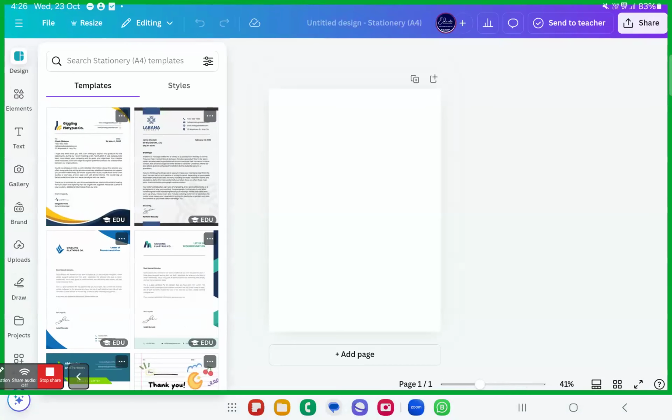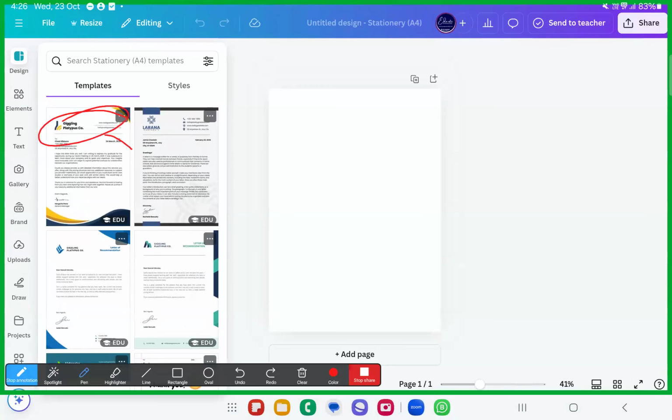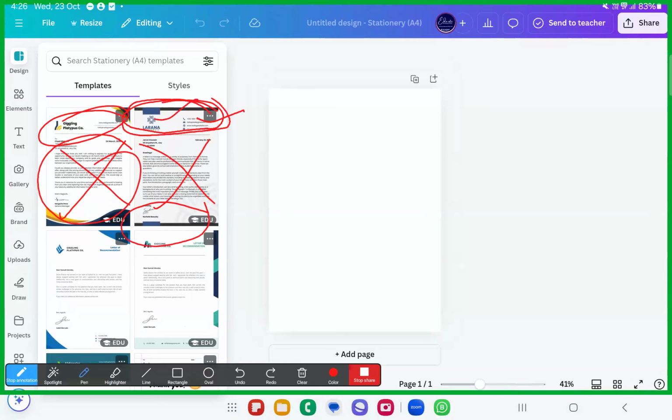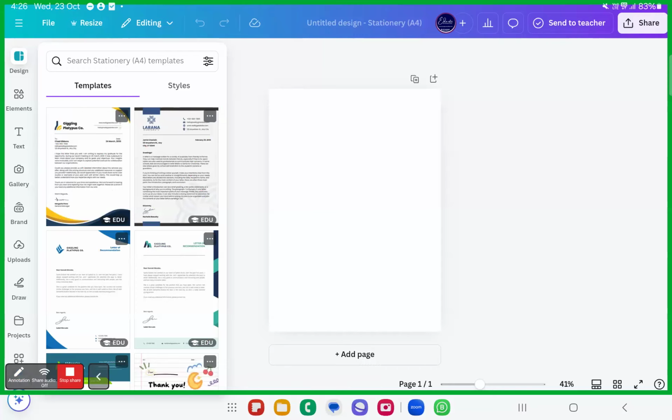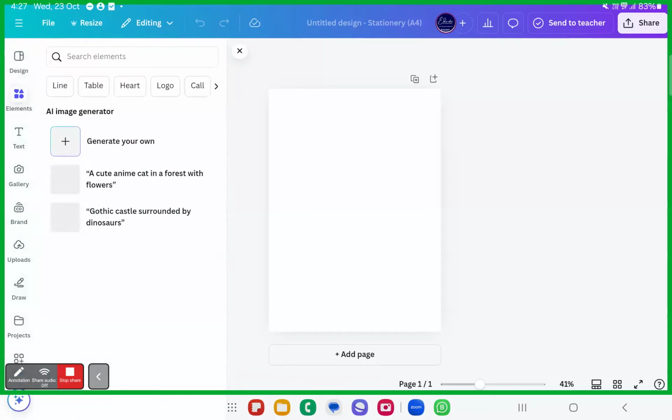Just look here. You can even grab it from here itself if you want to create it for any company. Right? This is the content. Content is not required. Content is not yours. When they approach you for the letterhead, you have to create it with the contact information and logo. Only this much is your work. Letterhead is only this much. This is blank. Then it is used by the company to make sure that it is put up well. So now we'll create one as such. We can go ahead with the elements.